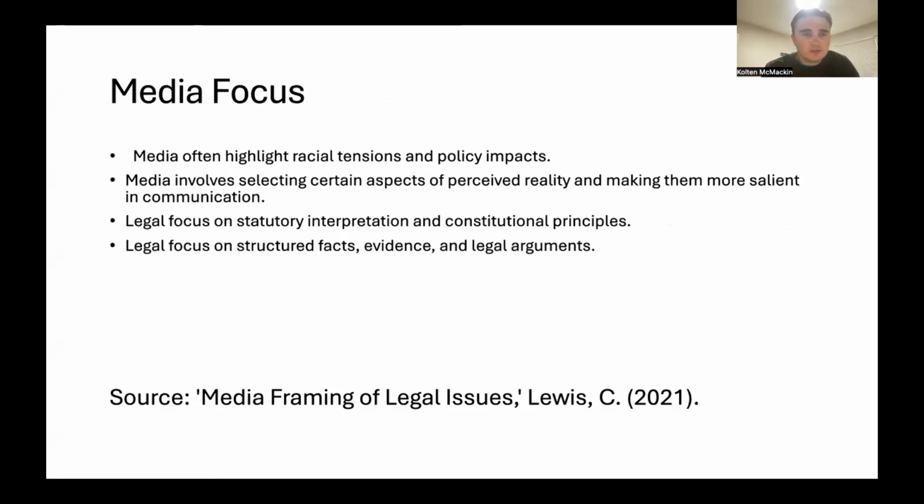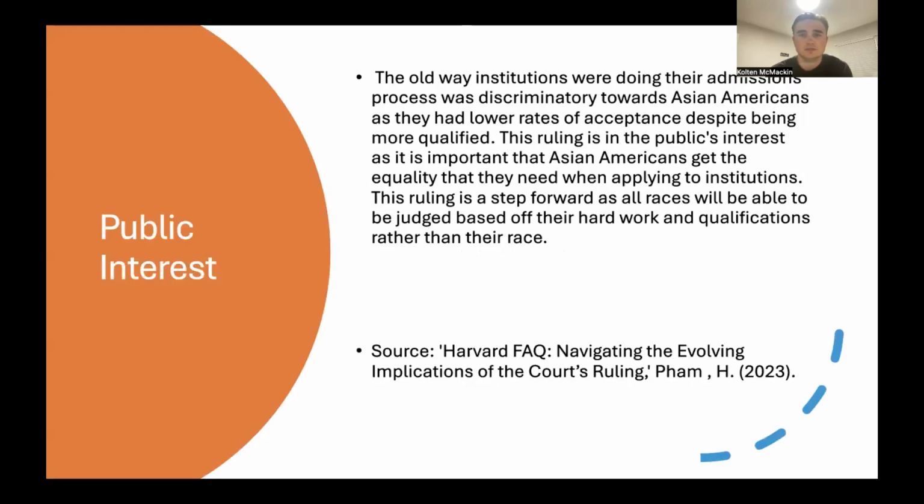Some media focuses. Media often highlight racial tensions and policy impacts. Media involves selecting certain aspects of perceived reality and making them more salient in the community. Legal focuses on statutory interpretation and constitutional principles. Legal focuses on structured facts, evidence, and legal arguments. Some public interest: the old way institutions were doing their admissions process was discriminatory towards Asian Americans, as they had lower rates of acceptance despite